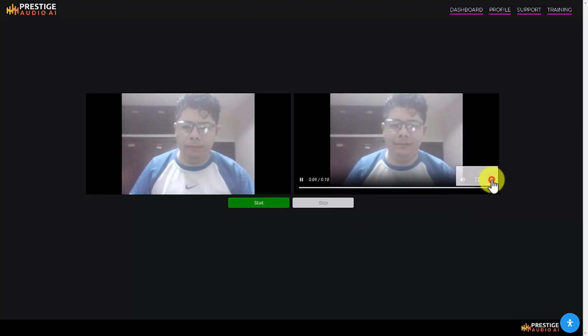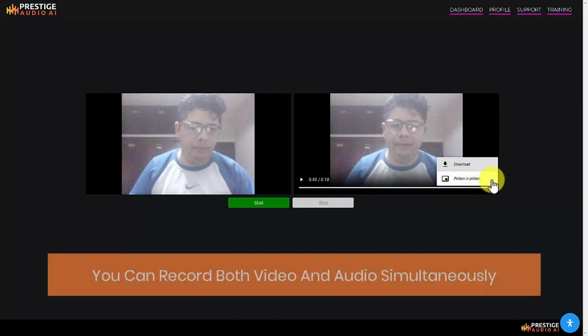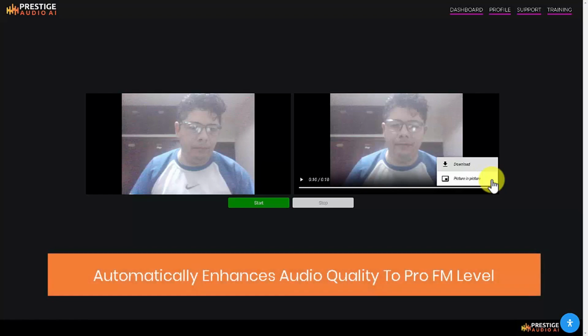And by clicking on this button right here, you can download your recording. The Shorts Recorder is web-based, so you can create videos and audio recordings on any device with a web browser. You can record both video and audio simultaneously, making it ideal for creating content for YouTube Shorts, TikTok, and other social media platforms. The Shorts Recorder automatically enhances audio quality to Pro FM level, so you don't need to worry